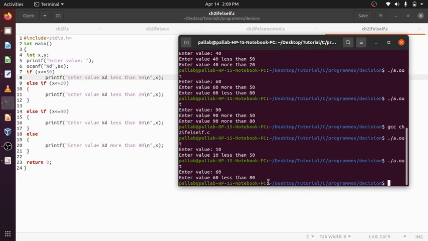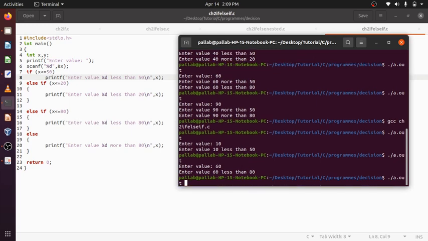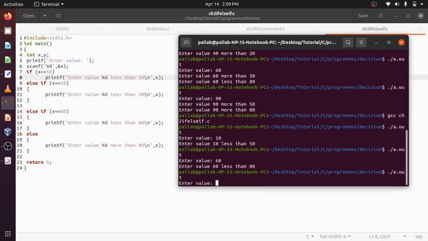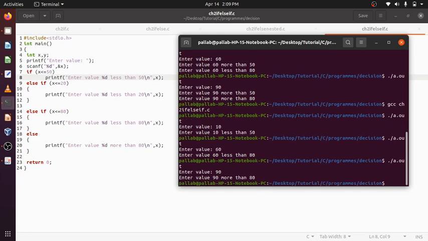If no condition is satisfied, then 90 more than 80, yes, nothing is satisfied. 90 less than 50, no. 90 less than 20, no. 90 less than 80, no. So the else part will execute. 90 is more than 80.